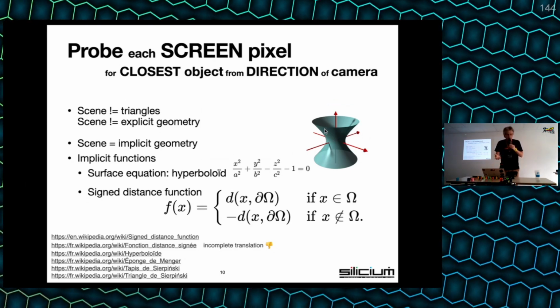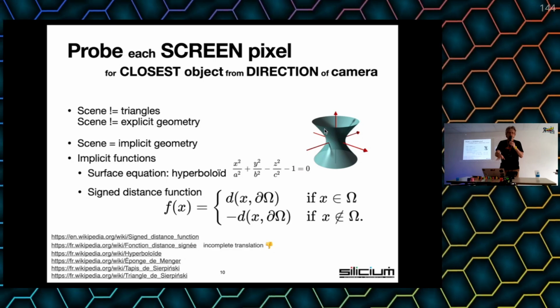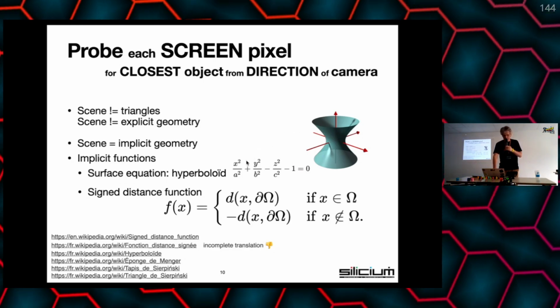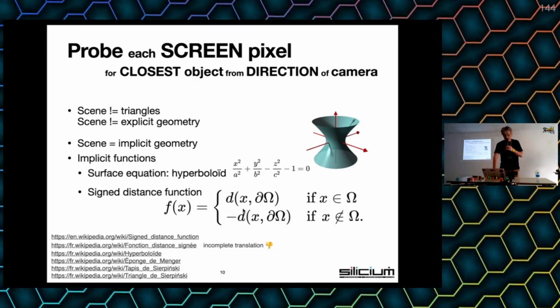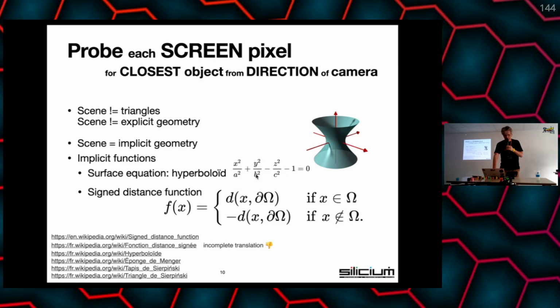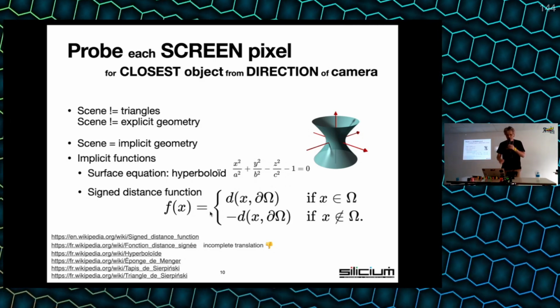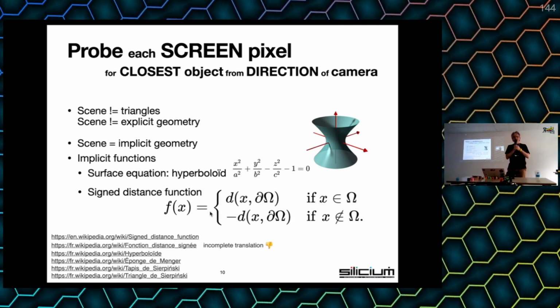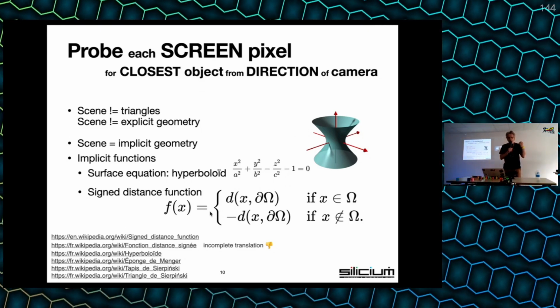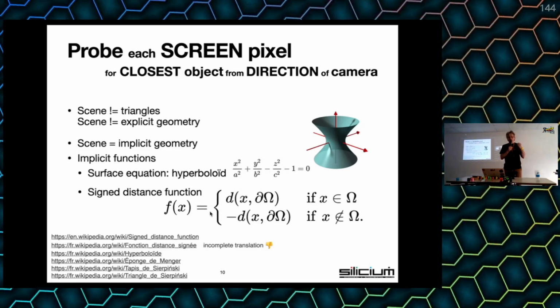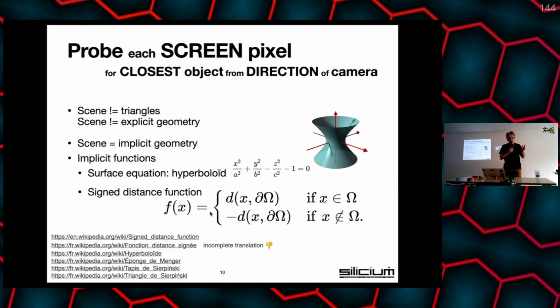So that's actually what ray tracing wants to do. So this is actually a variation of ray tracing, what we want to do. But the typical mathematical representation we want to use here is not this kind of equation specifically, but it is a mathematical construct called the signed distance function, where from one point in 3D space anywhere we want, so typically our camera,